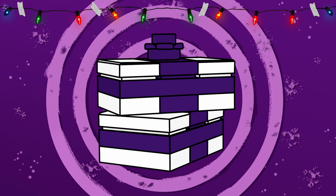Day number 22, we actually have 2 Christmas presents, and inside the presents were, of course, the new outfits for Clint and Kate. They're a little bit taller than the actual presents in the show, which were a lot slimmer, but I wanted to be able to have the ribbon on top and have the boxes wrapped, so I had to make them a little bit taller, and they're stacked on top there. So really happy with how that turned out, which leads into the next day, day number 23,